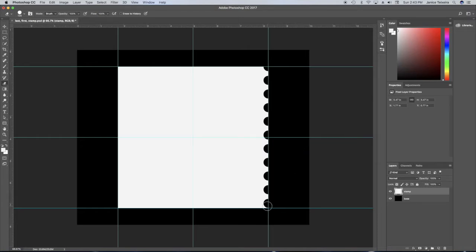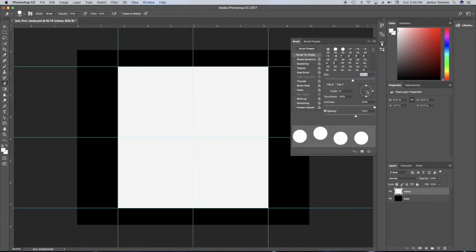But you can see that this corner did not work out well. I want this corner to look exactly like this corner. So I either need to increase that spacing or decrease it. And I think I will go ahead and try to increase it. So I'm going to Command Z to undo that step, go back to my brush panel, and I want to increase the spacing. We'll try